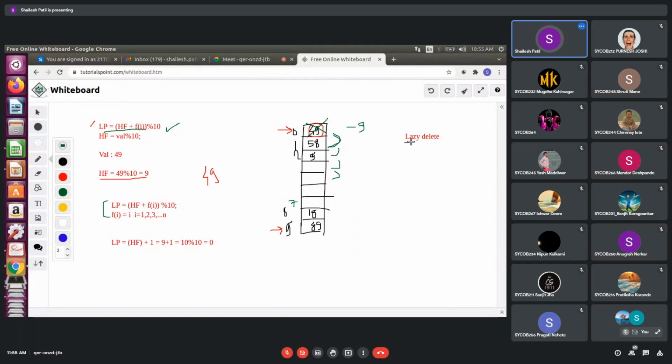So we'll work with lazy delete. Instead of removing this 49 and reshifting all the elements, I will just replace that 49 with some number like minus 99, which I know won't come in my value list.